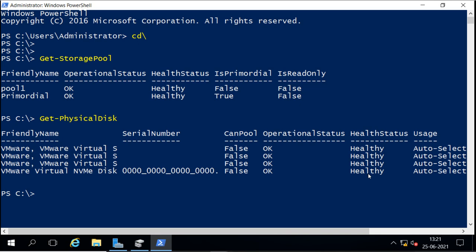Now if we have multiple disks and some disk is not working properly, it will show unhealthy there. To get the unhealthy disks, we can run the same command, Get-PhysicalDisk, with some extra options.